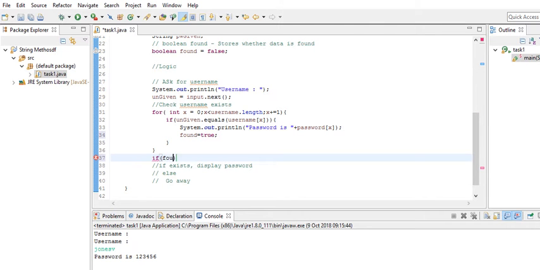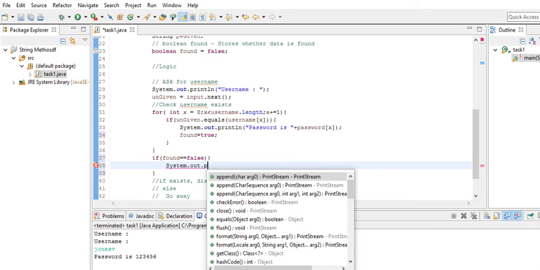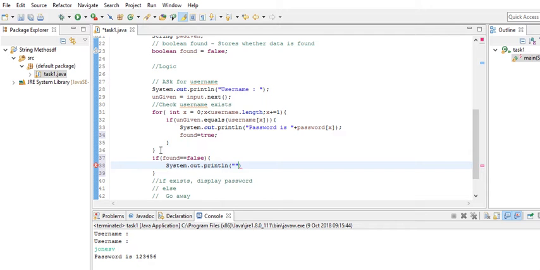if found is equal to false still, then we want to say go away, we don't want you, you don't bank with us. So we're going to put System.out.println, and then something really offensive, we're going to say go away, you Arsenal fan, which I think is pretty damn offensive personally. So